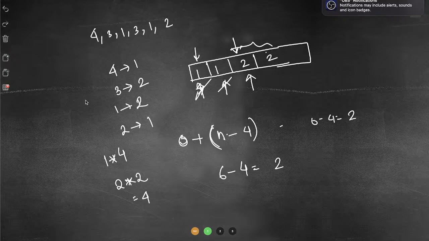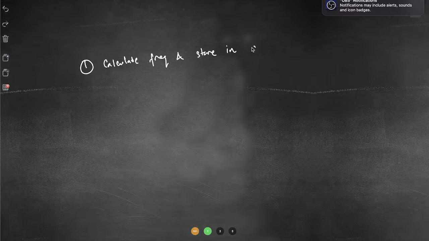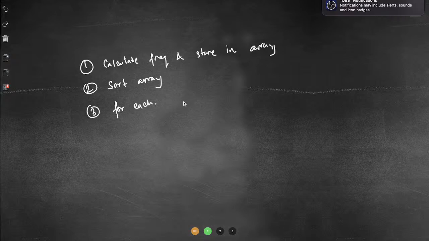So again, the logic will be pretty simple. First of all, calculate the frequency. Calculate frequency and store in an array. Then sort the array. Then third, for each element,